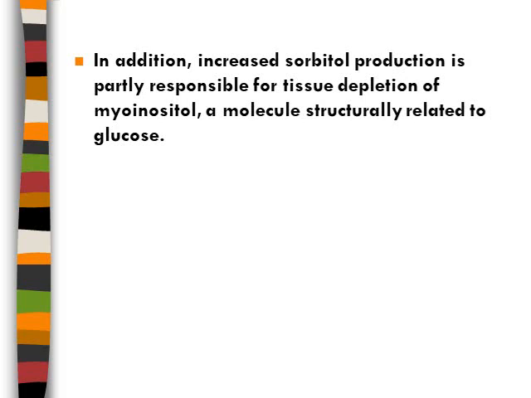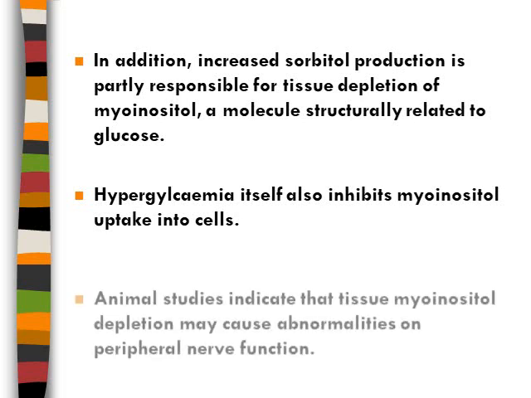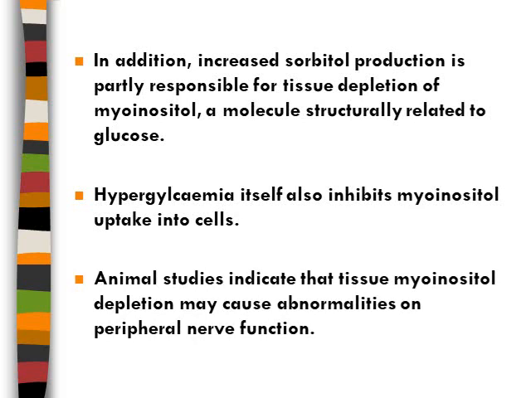In addition, increased sorbitol production is partly responsible for tissue depletion of myoinositol, a molecule structurally related to glucose. Hyperglycemia itself also inhibits myoinositol uptake into the cells, and animal studies indicate that tissue myoinositol depletion may cause abnormalities in peripheral nerve function. So this was a brief introduction of the pathophysiology and biochemical basis of damage in the microvasculature of the body that is caused by persistent hyperglycemia, and the things which are to be remembered at